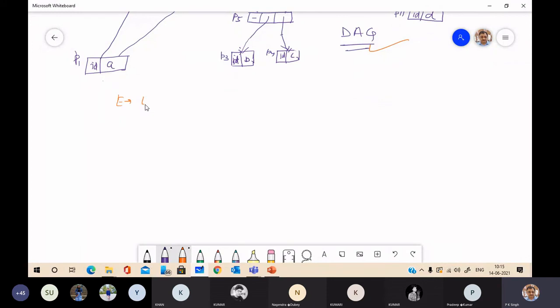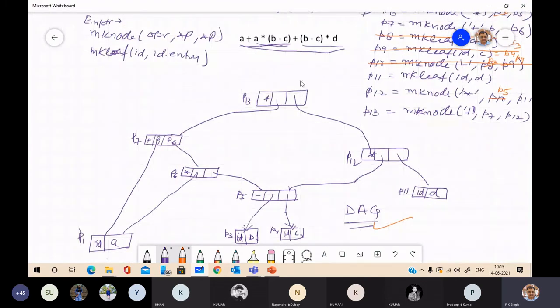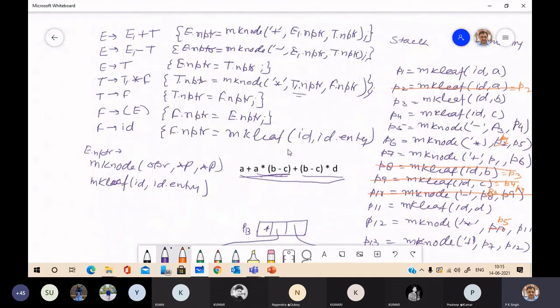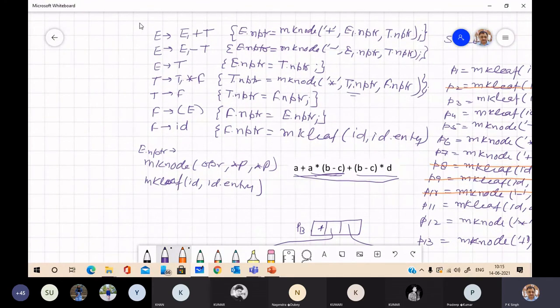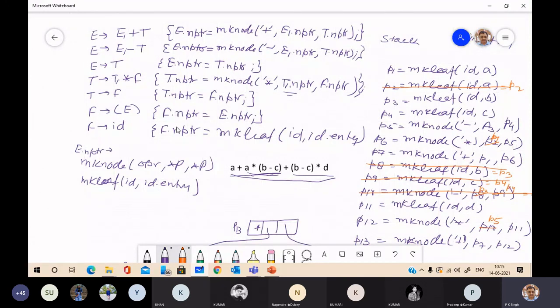E to E plus E, E to E into E. We'll use the same grammar and the same expression to convert it into postfix notation. So you just remove this.